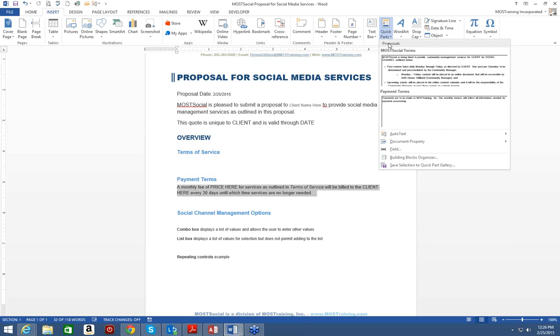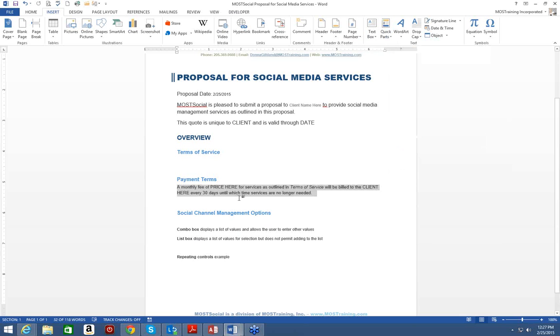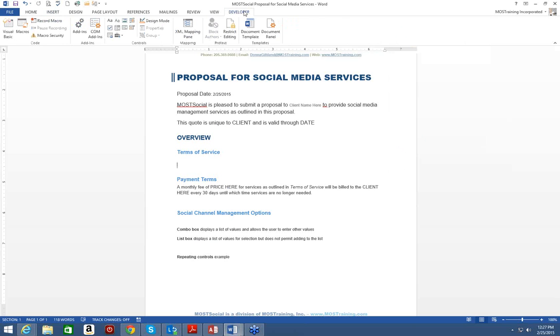So if you are knowledgeable of using quick parts and you've created a library of quick parts, then you can insert them into your template, and then when you send the template out to everyone, you can have a building block control where that user can just click the control to pick the building block. But there's several steps involved, and we're headed to those steps. Now, terms of service. I'm going to insert a building block control where I can have the user select from a list of building blocks that I have inside this template. From the developer ribbon, in the controls group,